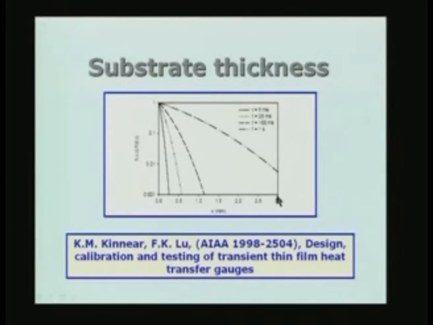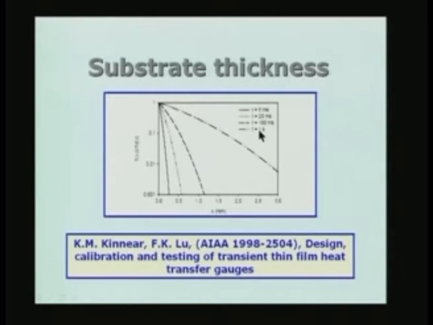enough. So, the thickness of the substrate has to be so chosen that within the duration of the experiment during which we are going to apply the heat flux at the surface and make the measurement, the substrate appears to be a semi infinite medium. What is the indication for that? The temperature at the depth, the maximum depth available will be the thickness of the material. At that thickness value, this should be as small as possible compared to the surface. In this case, if you say that about 0.1, 0.01% or less, then you can see that 3 millimeter may be just enough for the case of, in this case, up to t equal to 1 second.